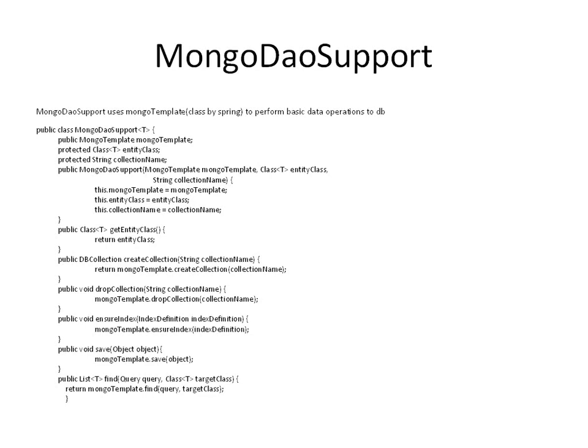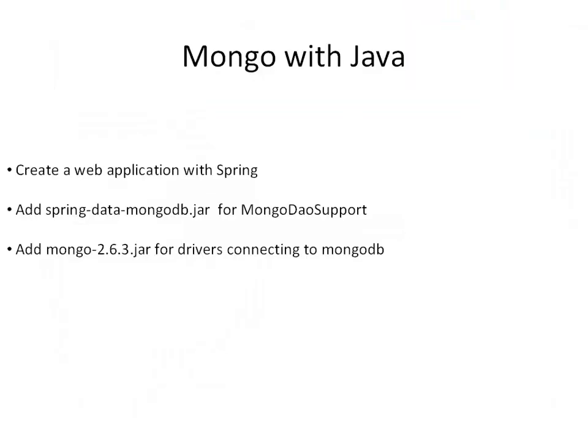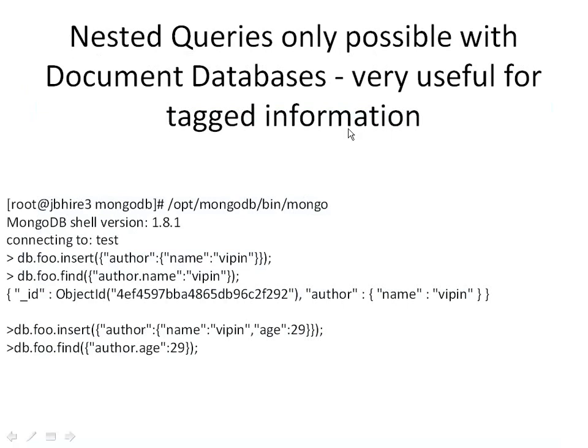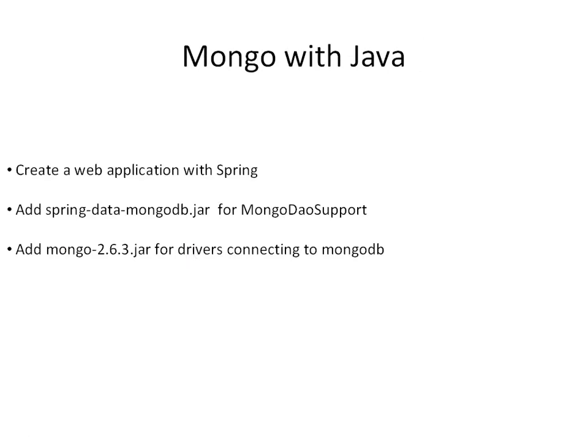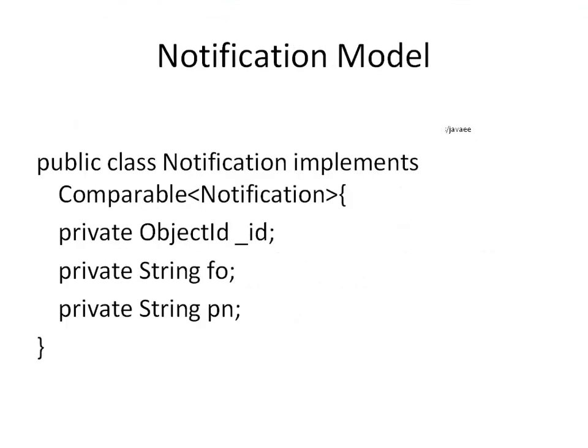Once the JSON object is created, it is inserted into the Mongo database using drivers provided by Mongo, that you can see here. So here we are inserting a JSON document. This JSON document is created by Mongo template, and that is communicated to the Mongo jar, which contains the driver to connect to MongoDB. So this is how data is getting inserted into the Mongo database.